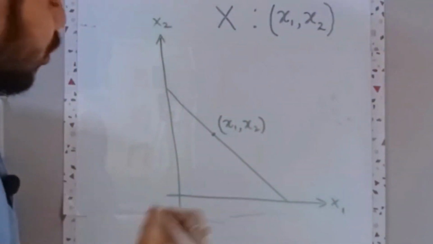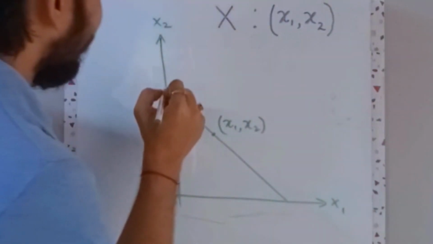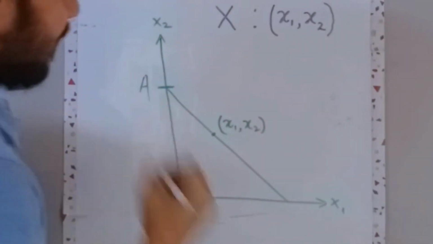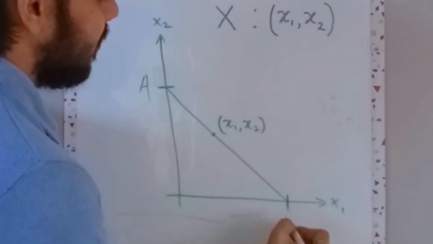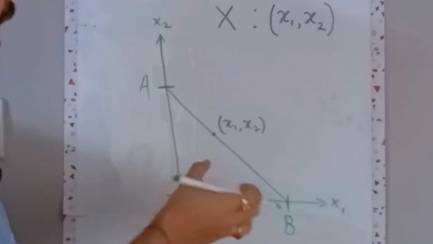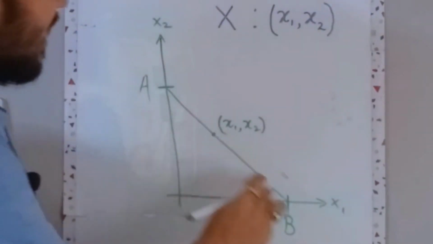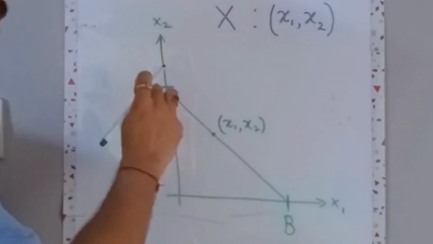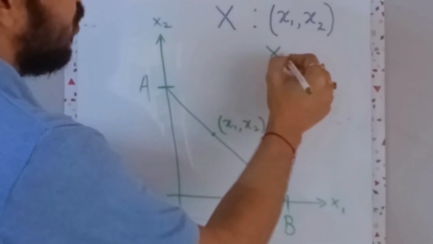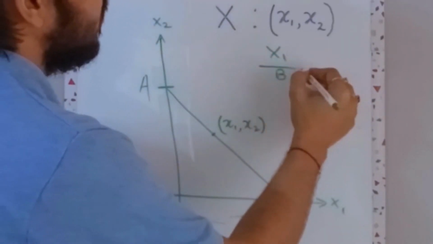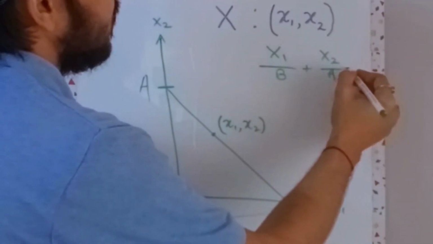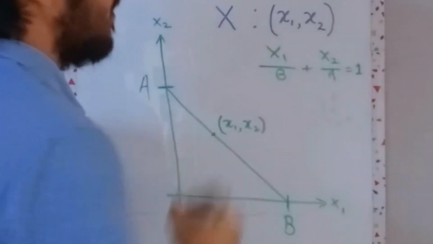Now over here, let me say that this is my y-intercept, let's say some A, and let's say my x-intercept is some B. Now I can find out the equation for this line. What will the equation for this line be? The equation for this line will be nothing but x1 upon B plus x2 upon A is equal to 1,